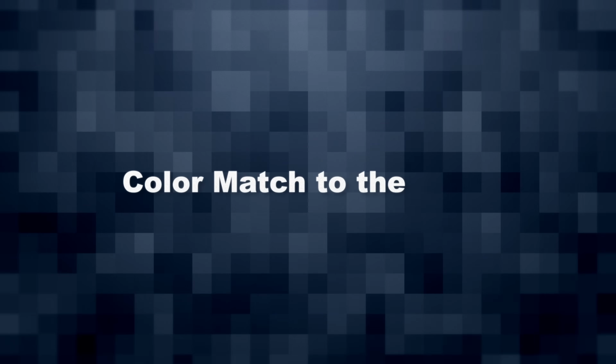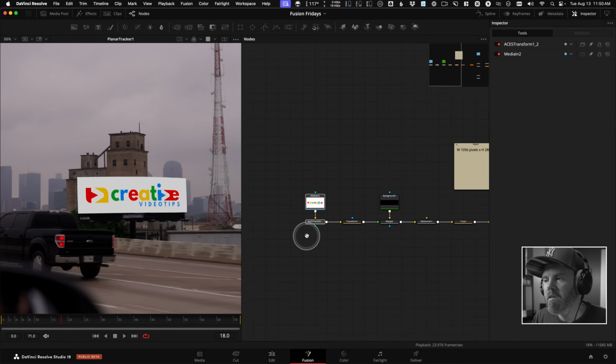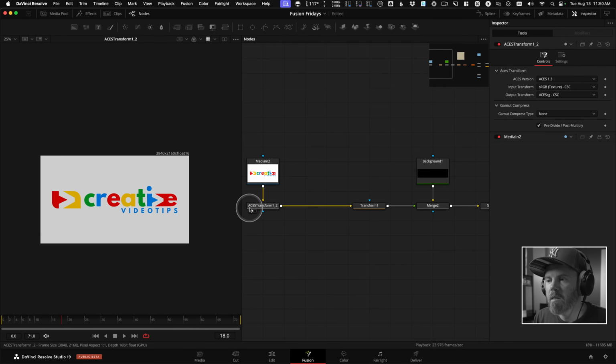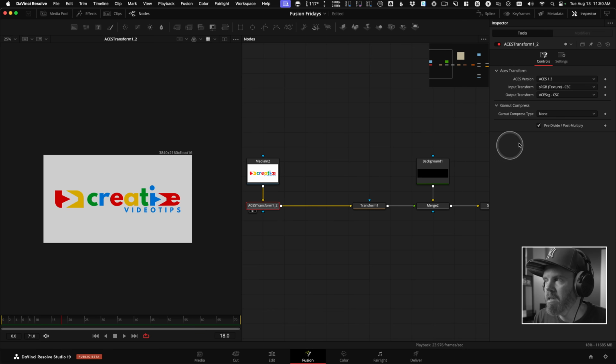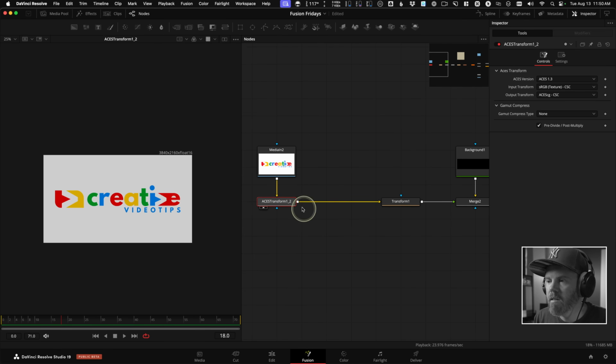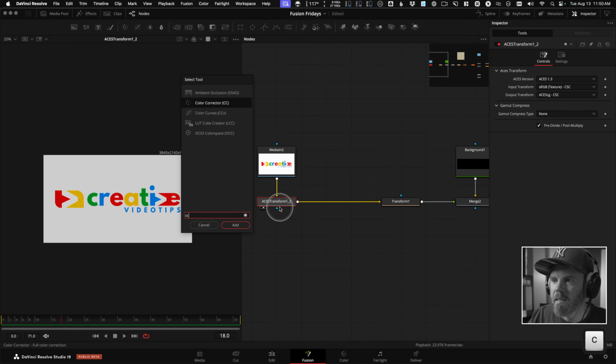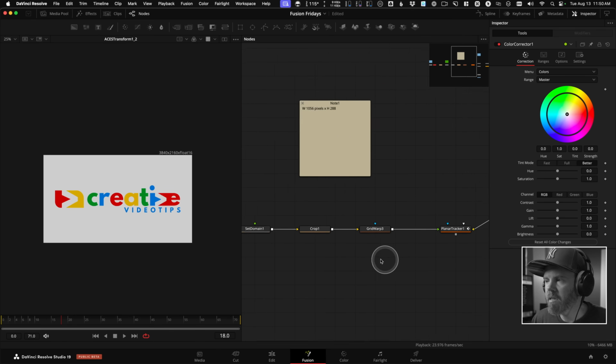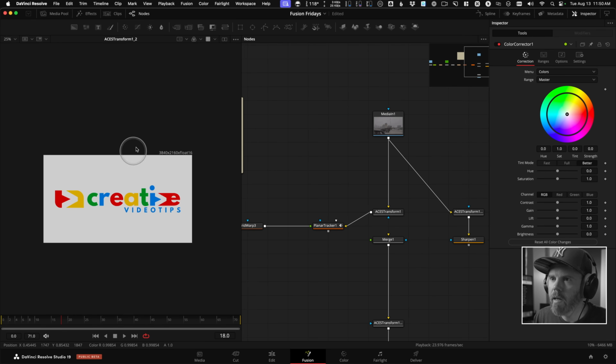I like to apply color correction as close to upstream as possible, typically on the original footage that's been transformed. So we're doing it after it's been converted to ACEScg. I'm going to add, with shift space, a CC color correct tool. On the color correct tool, I don't know where to pull this to yet, but if I go back and reference the original plate, I can do a comparison view